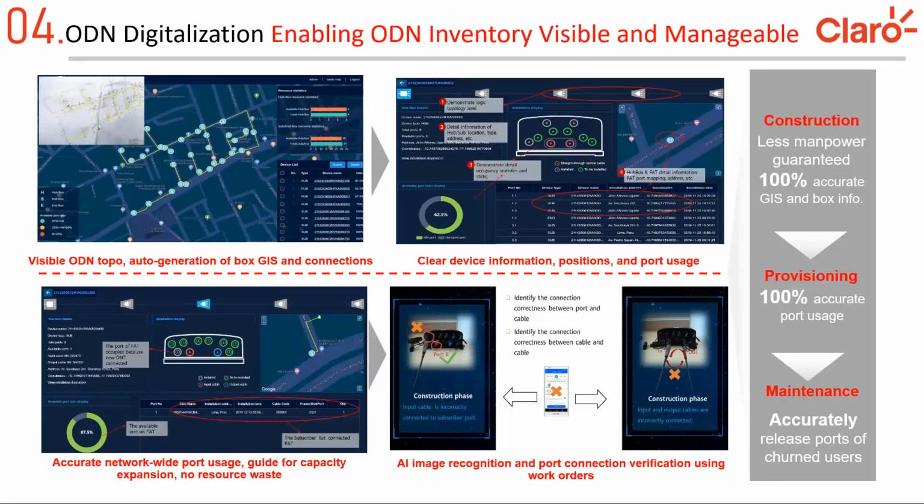Also, at the bottom left side, we can identify the physical location of the end subscriber, because it's important in order to have control for operation and maintenance when there are some issues and it's needed to visit the home user. You can take information here and take advantage of this information.